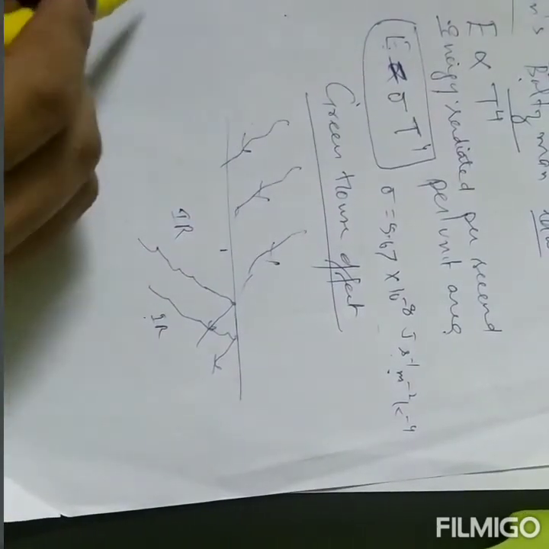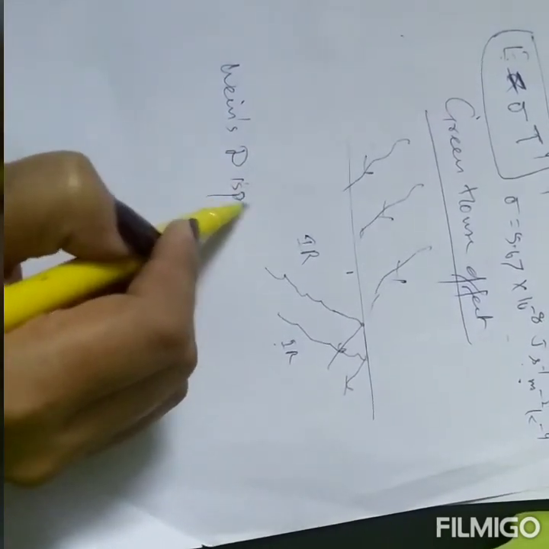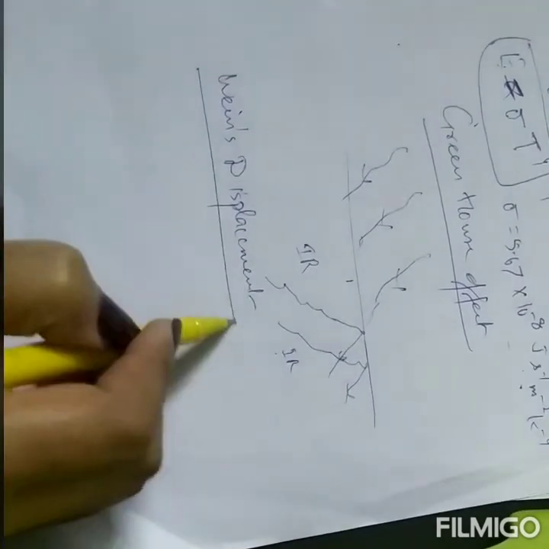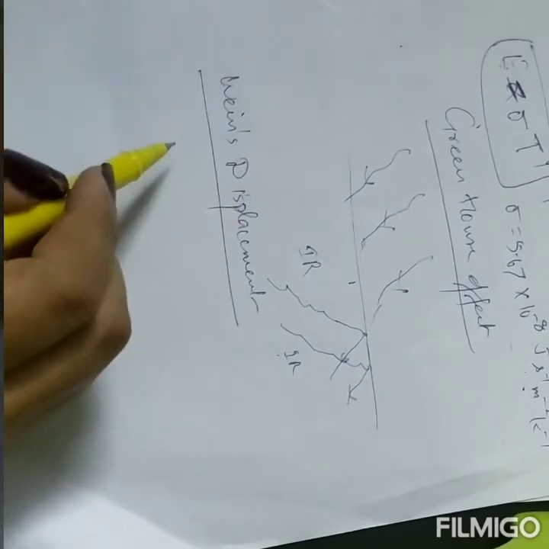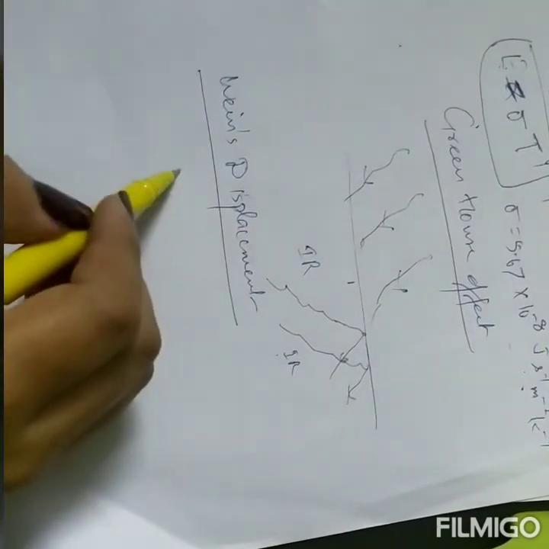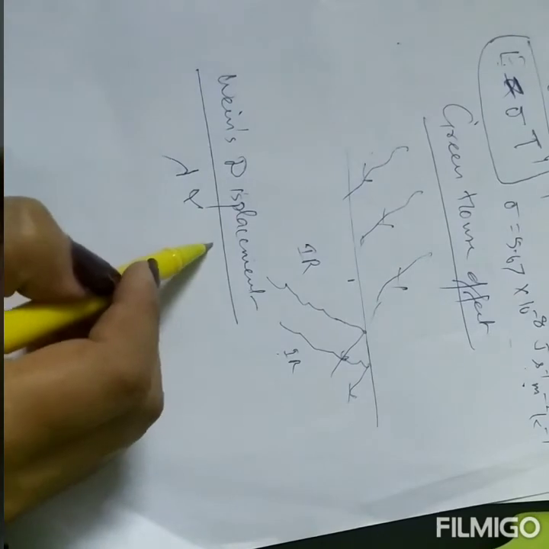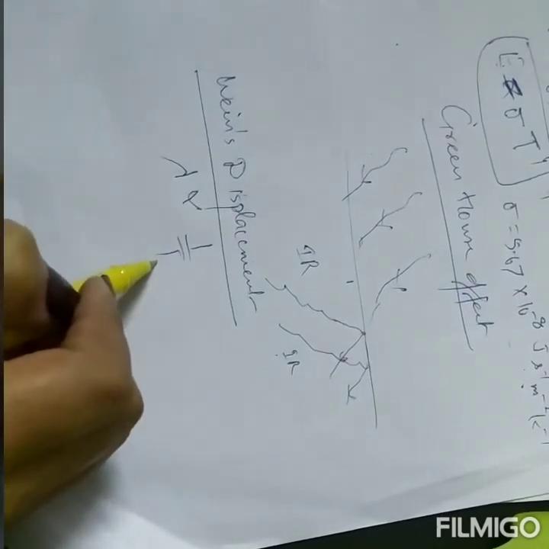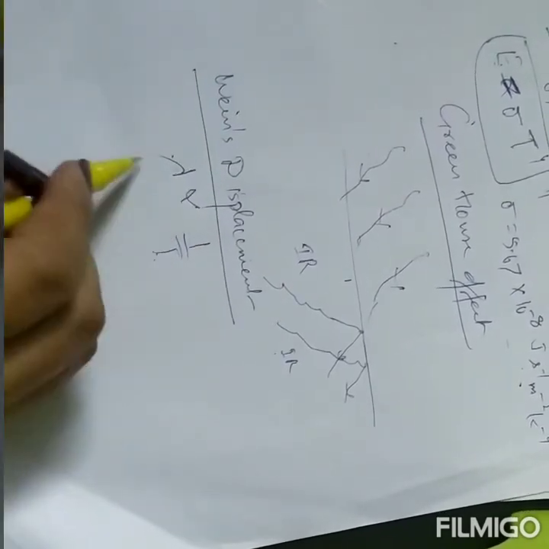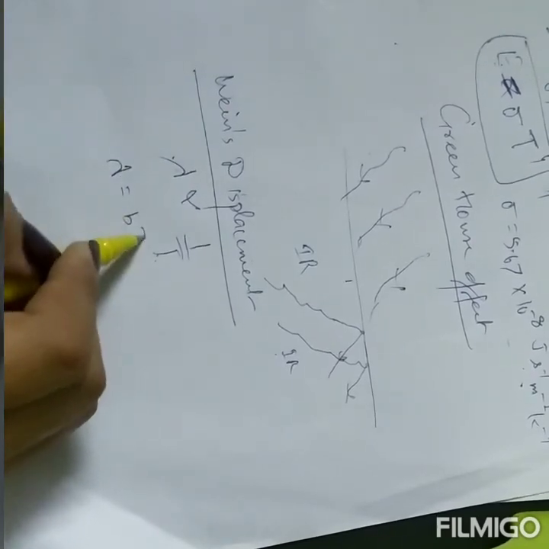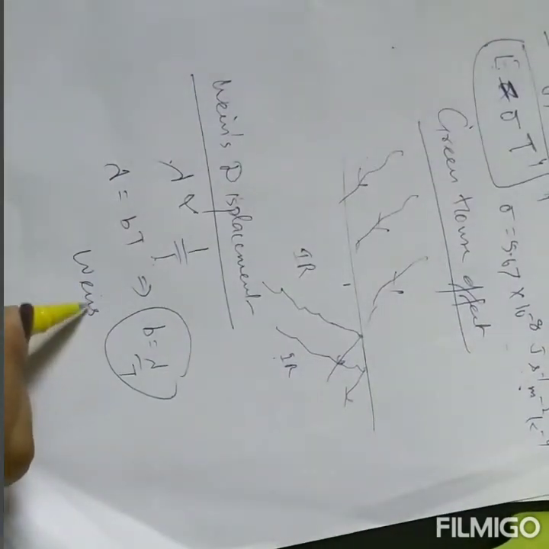After that, the last law which you have to discuss is Wien's displacement law. Wien's displacement law is based upon the fact that when we heat up any object, certain radiations are emitted. The wavelength of those radiations emitted is directly proportional to 1 by T, or you can say it is inversely proportional to temperature. Okay, now when you remove the proportionality sign, it is B into T. So B is equal to lambda into T. This is called your Wien's constant.